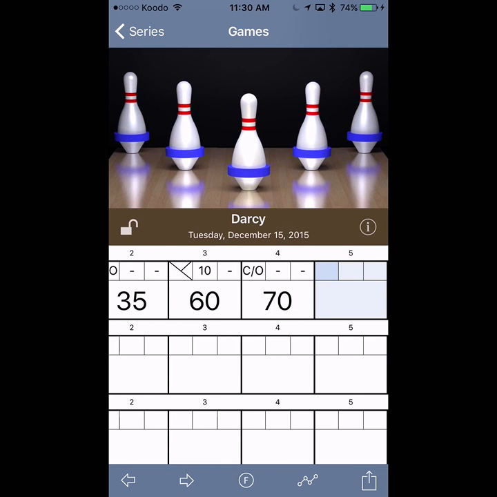So those are the big changes that are in 2.0. If you've got any questions about things, or you've got things that still bug you about the application, things you would like changed, feel free to let me know. I'm always working on the app. There's always ideas. I've got a big long list. So I hope you enjoy what you've seen so far. And the next thing that I'm going to do is I'm going to create a version of this video